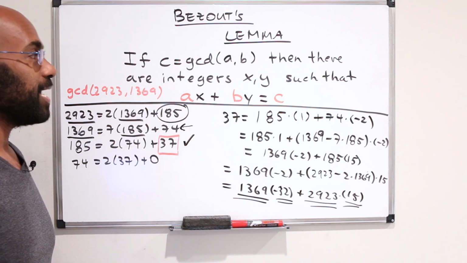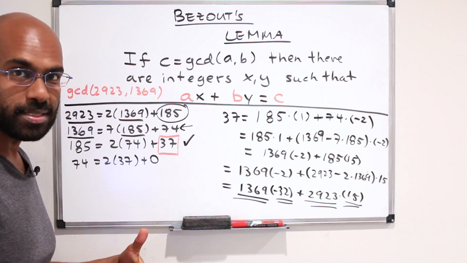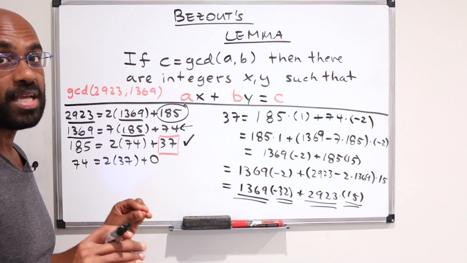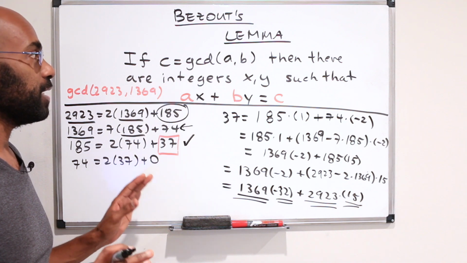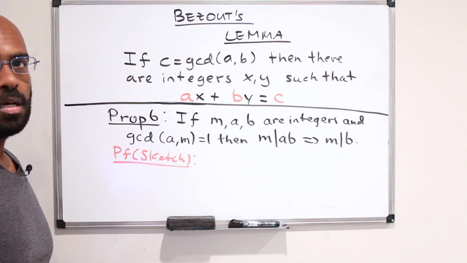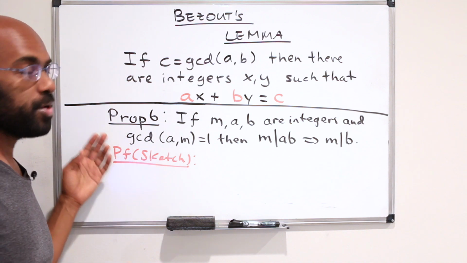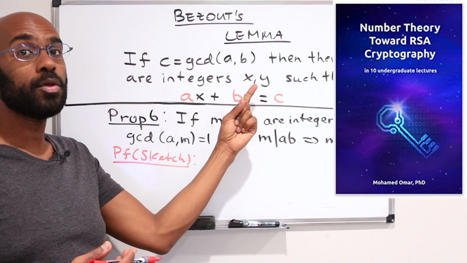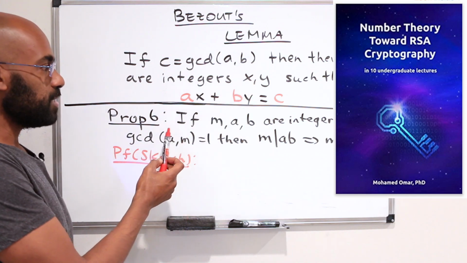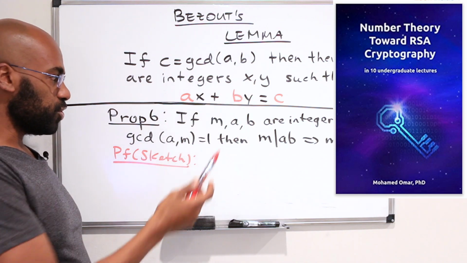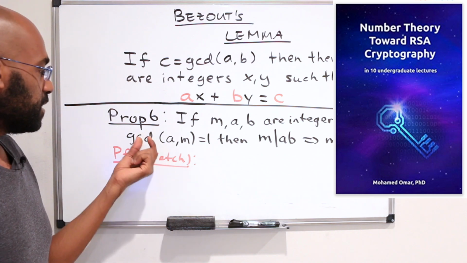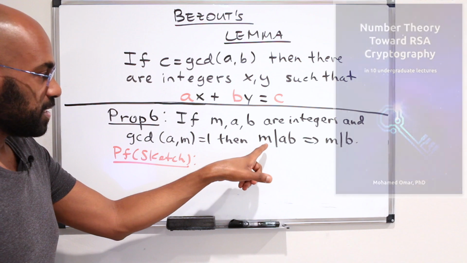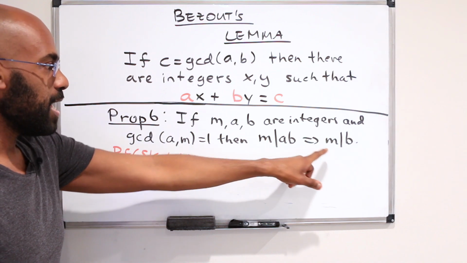So let's actually see a number theoretic consequence of this in terms of divisibility that completely evades mentioning any prime factors. Okay, so here's a type of number theoretic property that you can prove. It's proposition 6 in the book that we're following. It says if m, a, and b are integers, and the GCD of a and m is 1, then if m divides ab, m is forced to